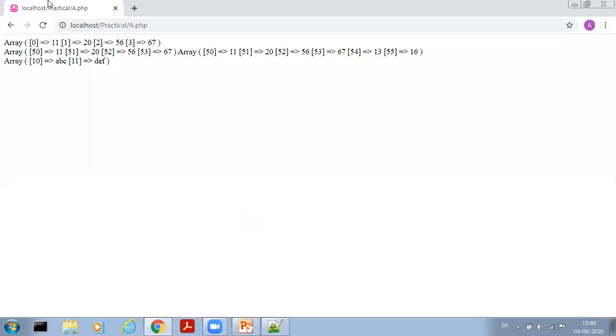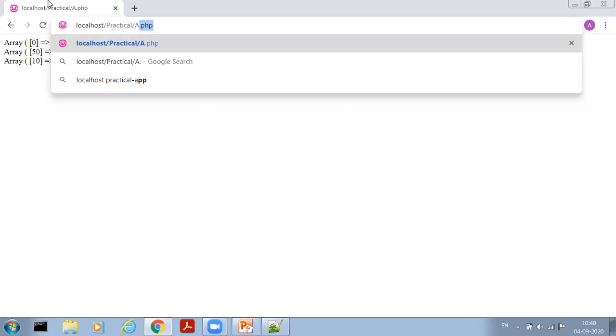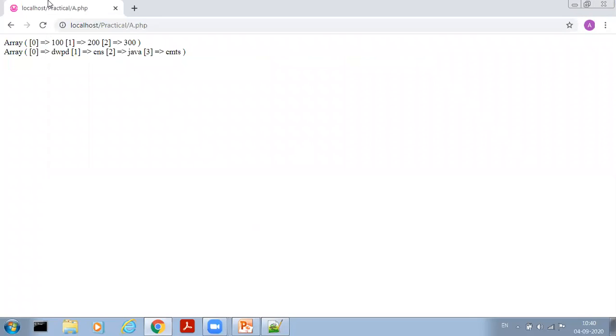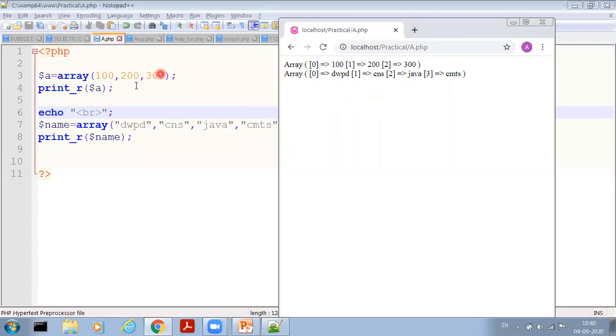Open the browser, write the practical name here. Practical name is a.php, then enter.